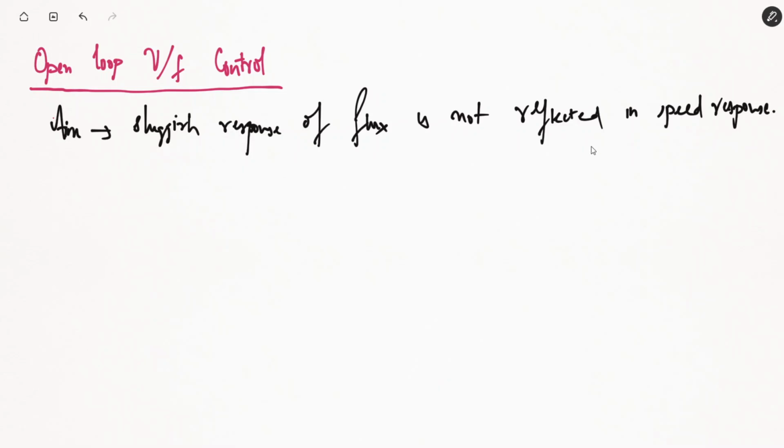So the first type of variable voltage, variable frequency control method is the open loop control. So this is the circuit diagram of the open loop variable frequency control.